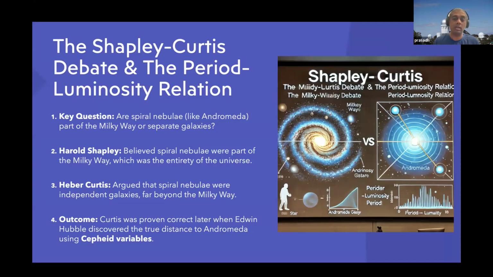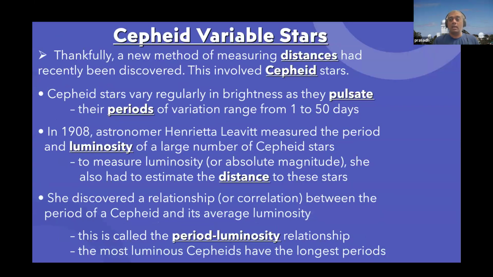But they didn't have any idea about the distances at that time, and especially how to measure the distances beyond the Milky Way, right? So they needed to find a new method to solve this debate and find out whether this particular galaxy is in our Milky Way or beyond it, right? Now, to do this, they found a new method, and there was a woman astronomer called Henrietta at that time, and she was actually